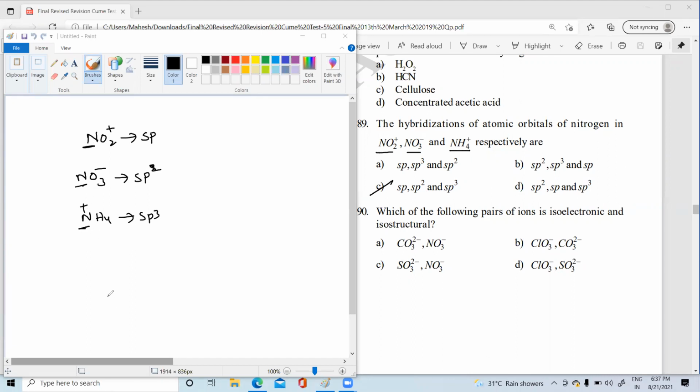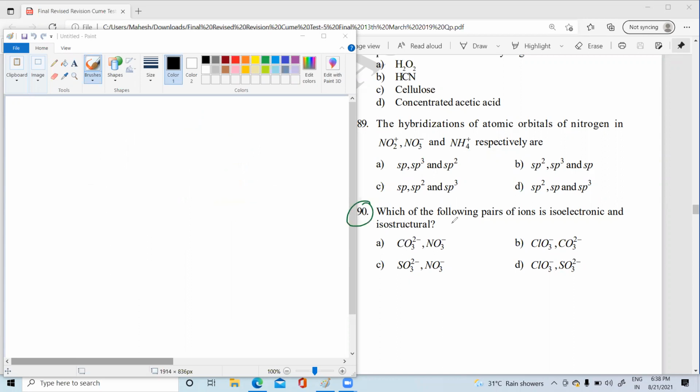Which group does the central atom belong to here? As we know very well, oxygen is bivalent, right? So for the central atom we have to take 5 dots, why? Because it is a 15th group element. So each oxygen can form 2 bonds. Since it has a positive charge, right, students, we have to remove 1 dot extra. So there are 2 sigma bonds. So the hybrid orbitals are sp. So the option should be that. Like this, you can do it, students. This also you will get here. So option C is the correct one.